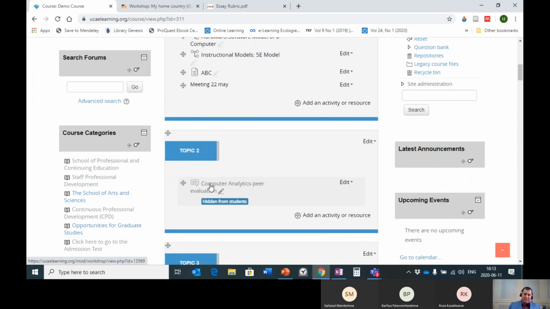And now you can play with it, right? You can ask me if you're not sure about something, you can Google something, you can watch some YouTube videos, you can add some fake students, some faculty members or colleagues to your course as students,